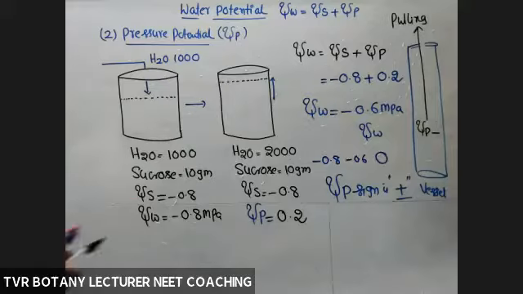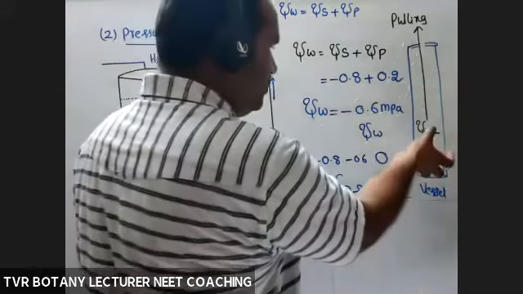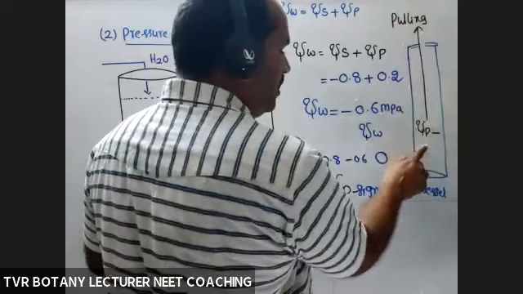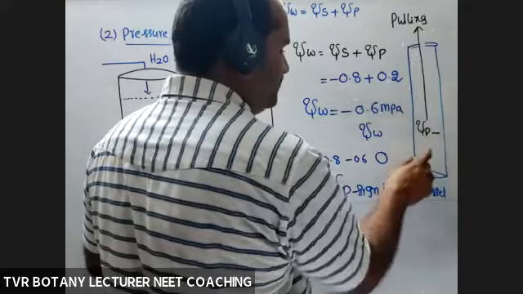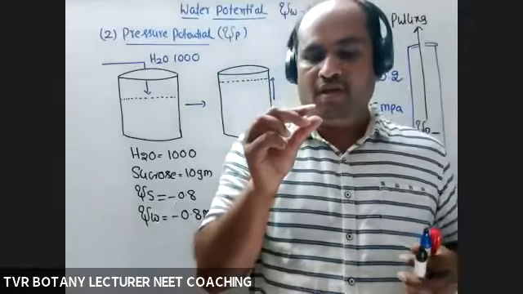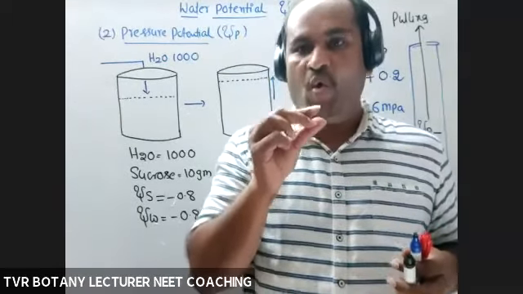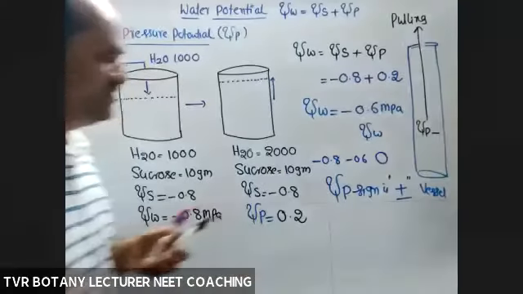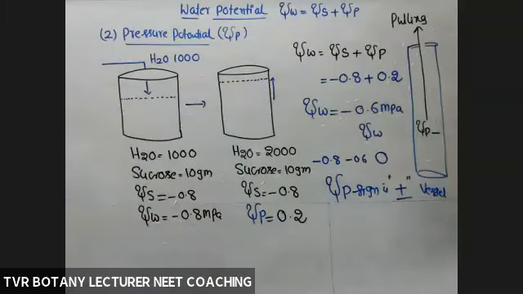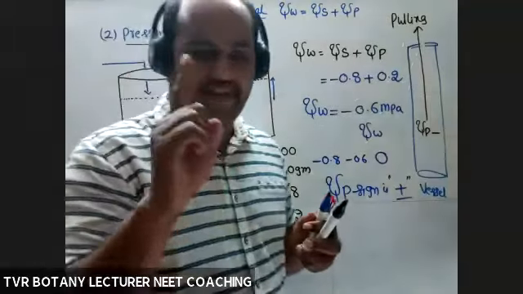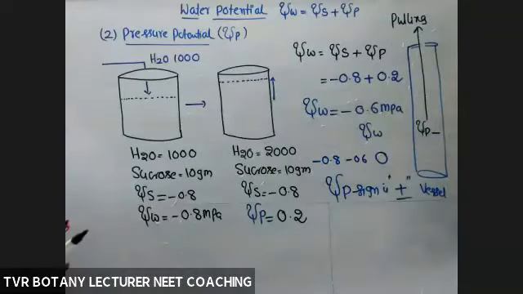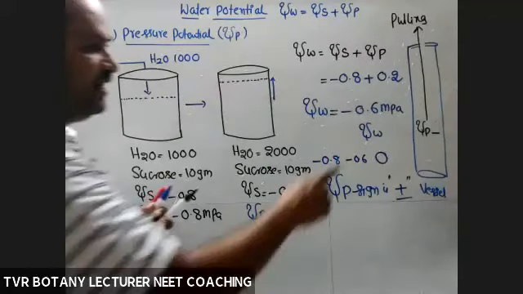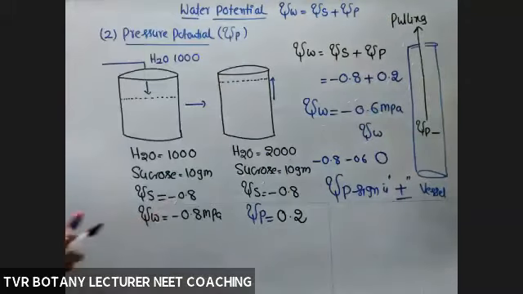Reason? Suction pressure means pulling pressure, able to take out the water. Because of pulling force, what about the pressure here? For example, we are sucking a cold drink from the bottle with the help of a straw. Pulling force. What about the pressure which is created within the straw? Negative pressure. We are taking out the pressure. So pressure will become zero, negative. So psi S is always a negative sign. But what about psi P? Generally positive, rarely negative. That negative is in the case of xylem vessels and tracheids.